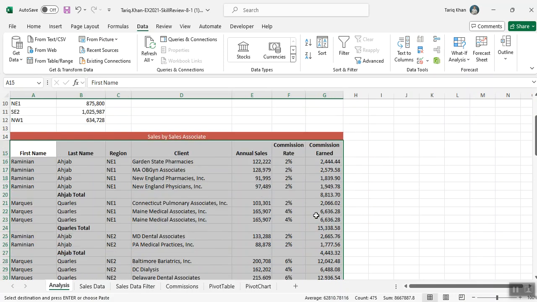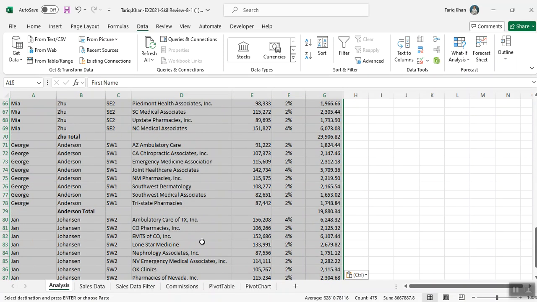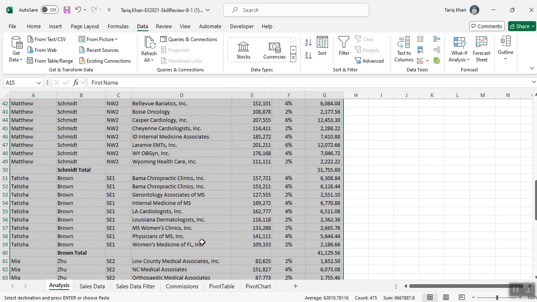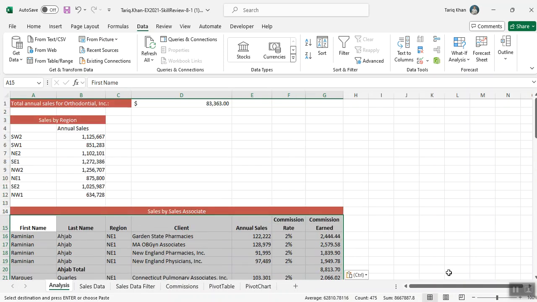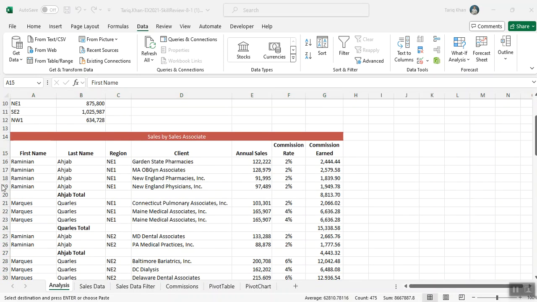All the data which was there comes right here, guys. See, all the data comes right here. Okay, Control S, please. Next step, now you're able to see there's no plus or minus buttons, but it copies your data into the analysis sheet. Now click on any one. So click on A16,